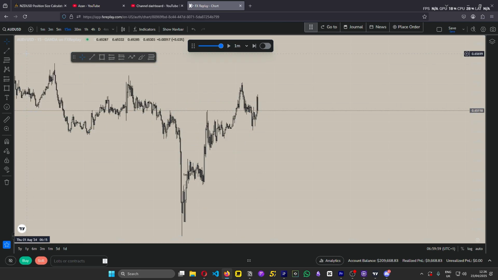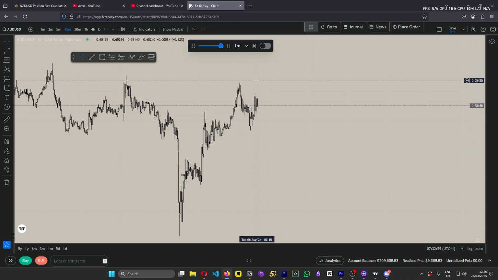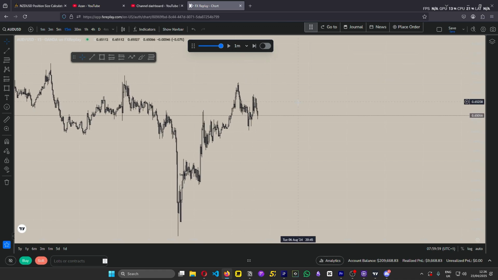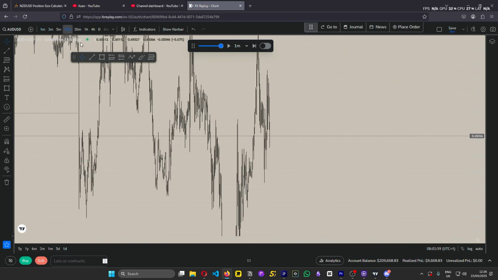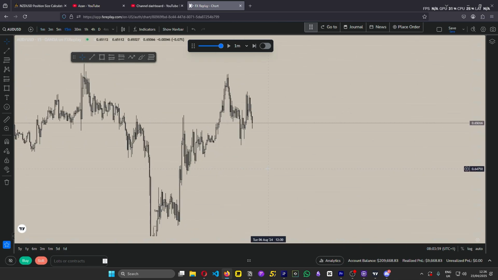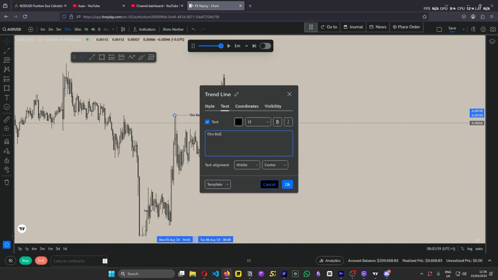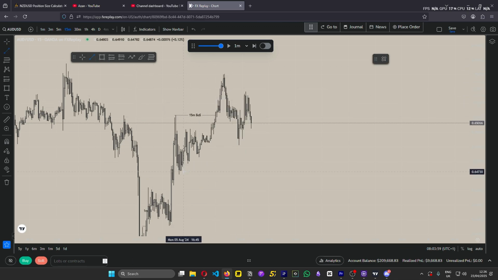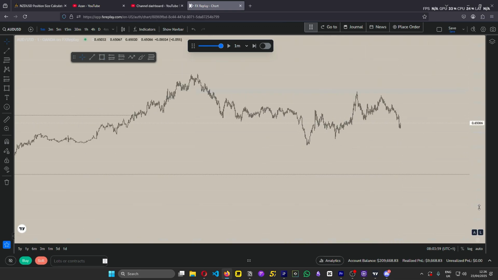Let me remove this stuff. 8 AM. Is it 8 AM? Yeah. 8 a.m. now. Okay, so by the looks of things, what's happening now is we got a 15-minute break of structure. This is our low, and right now we just got equal highs here, and it looks like we're failing to break and react off that imbalance right there.